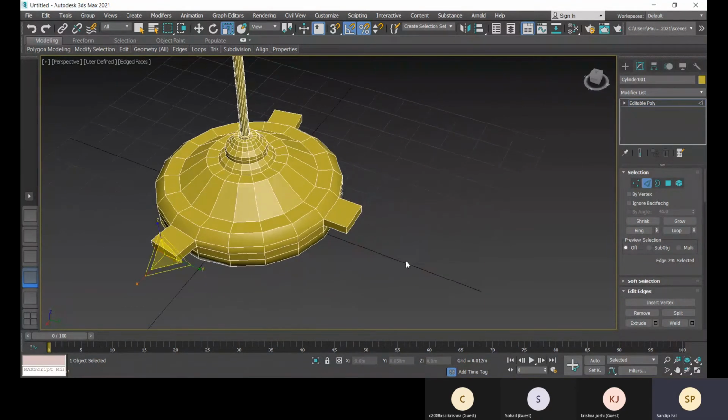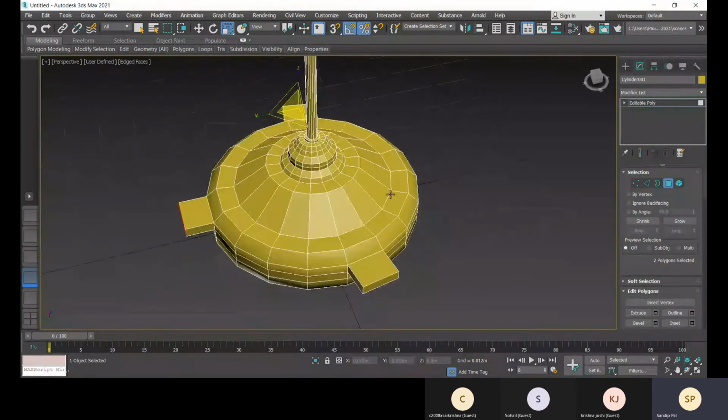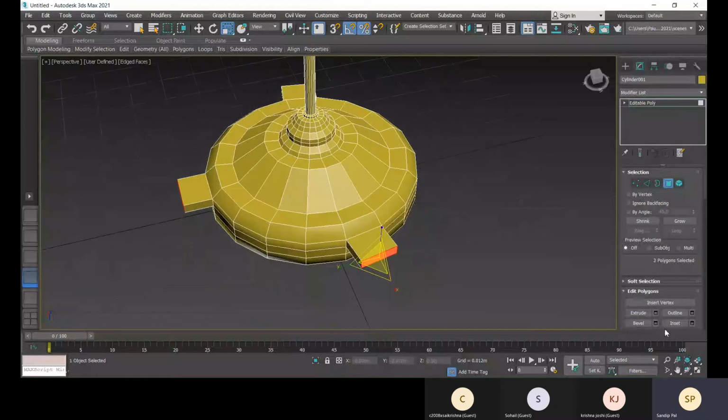So how can we do this? Go to polygon, select like this, and what you can do is bevel.